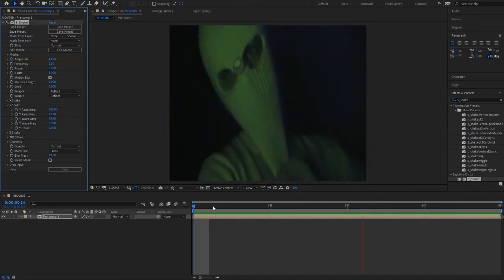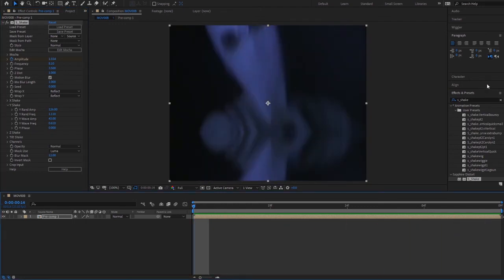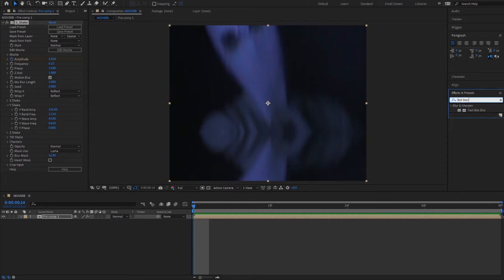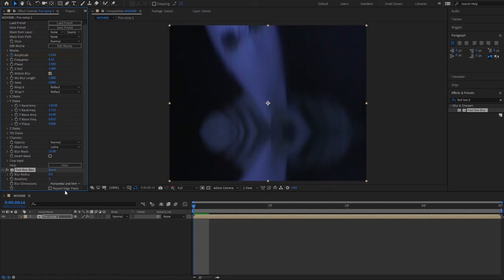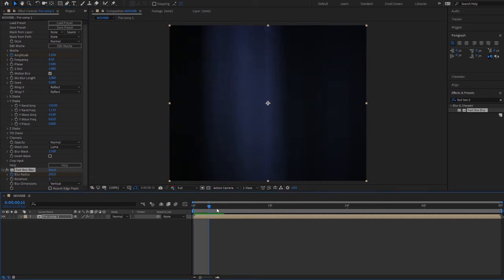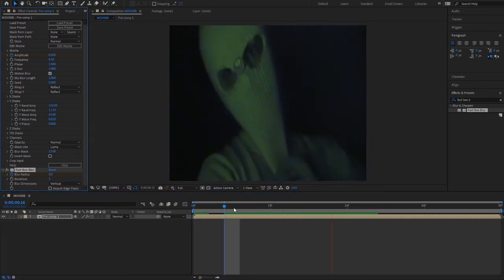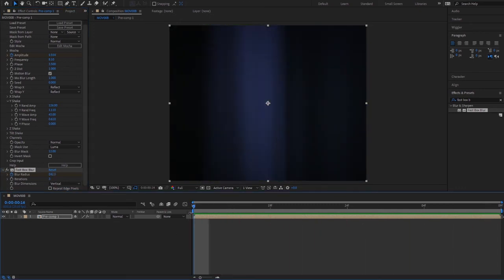You could just leave it at this and put a fast box blur at the start, like this. That looks kind of cool. I like that, right? I'm a fan of those types of shakes. But if you don't want to do that,